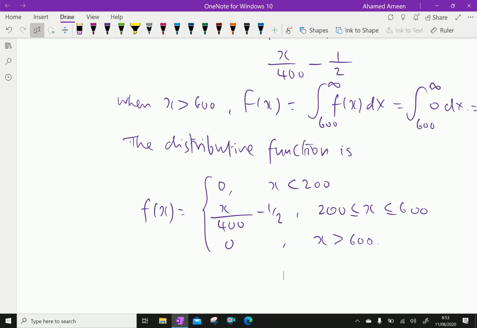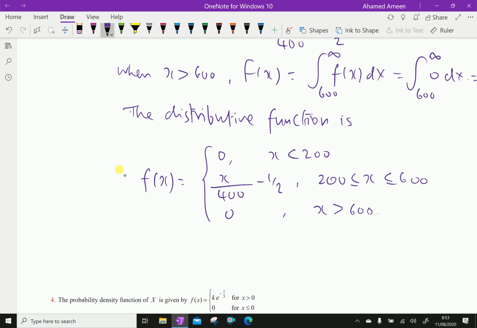So the probability of daily selling between 300 liters to 500 liters is